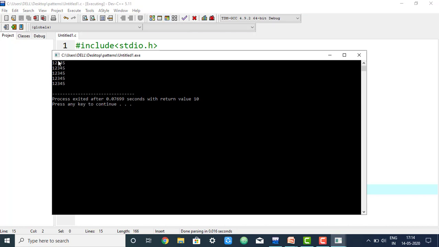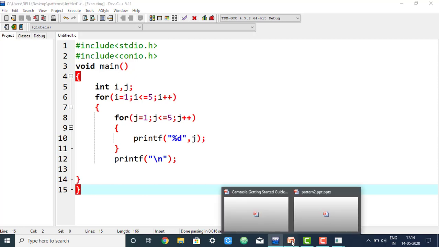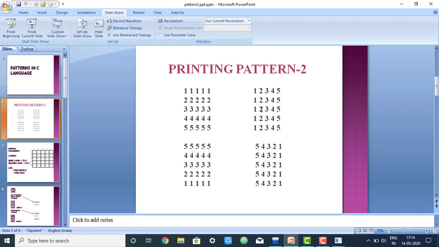The output will be 1 2 3 4 5 in the first row and the same values for all the 5 rows. So this is the pattern. You can see how easily we can draw two patterns with simple coding.